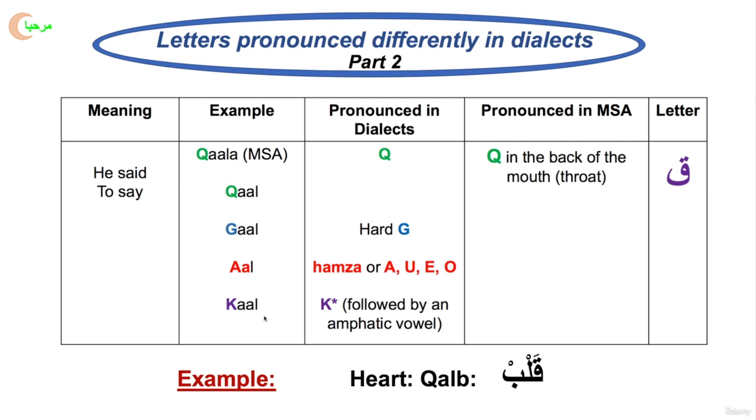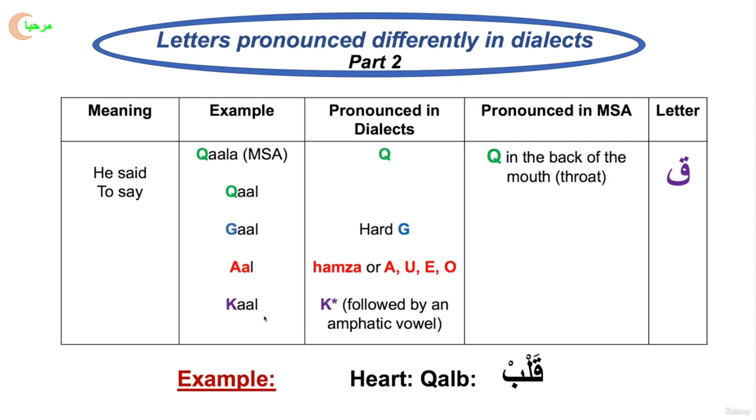All that being said, I wanted to let you know that there are certain words that we always keep the qaf in. For example, the word Al-Quran, meaning the Quran, is always in general pronounced as Al-Quran. The capital of Egypt, Al-Qahira, Cairo, is always pronounced Al-Qahira.